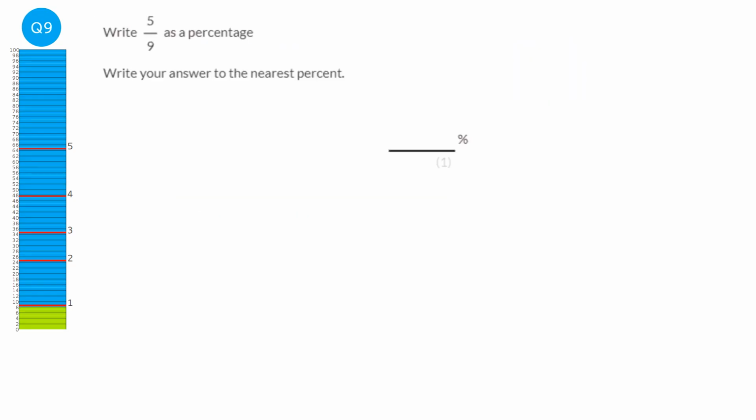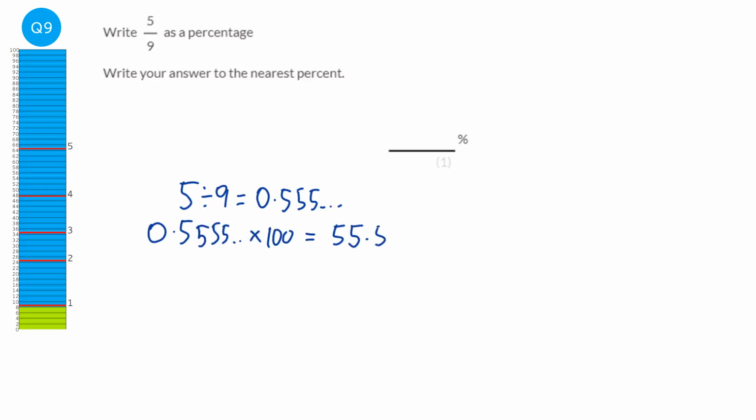So we're going to start by writing 5 over 9 as a decimal. And to do that, we just need to do 5 divided by 9. Which will be 0.5 recurring. And to convert between a decimal and a percentage, we just times by 100. So we're going to get that 0.5 recurring, and we're going to times it by 100, and that will equal 55.5 recurring. And to the nearest percent, that's going to be 56, because that 5 will move that 5 up